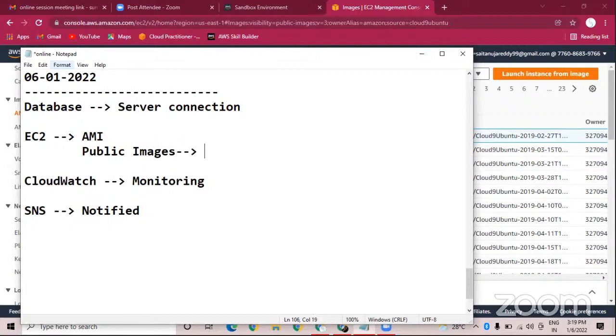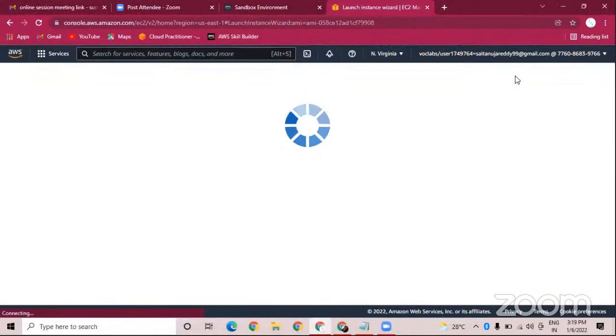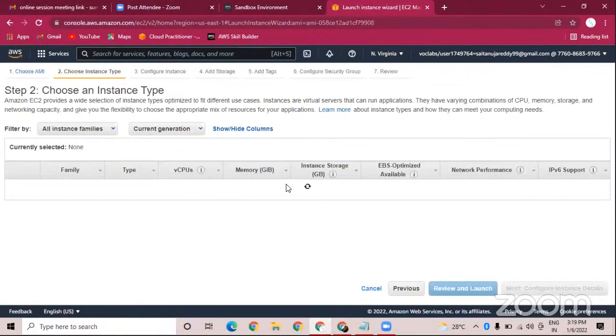There are public images. The owner is Amazon, and the source is Ubuntu, Cloud9 Ubuntu. Now launch instance, and coming to the next step. From the second step, it will be the same. So you can